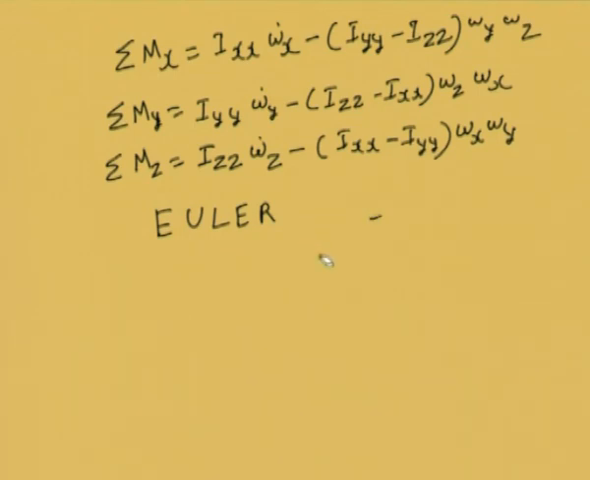These are called Euler's equations, and they have been named after a Swiss mathematician. The conditions under which these equations are applicable are as follows. Number 1,